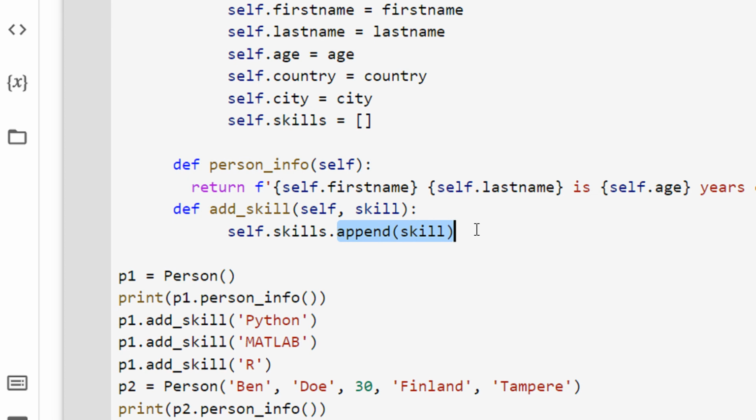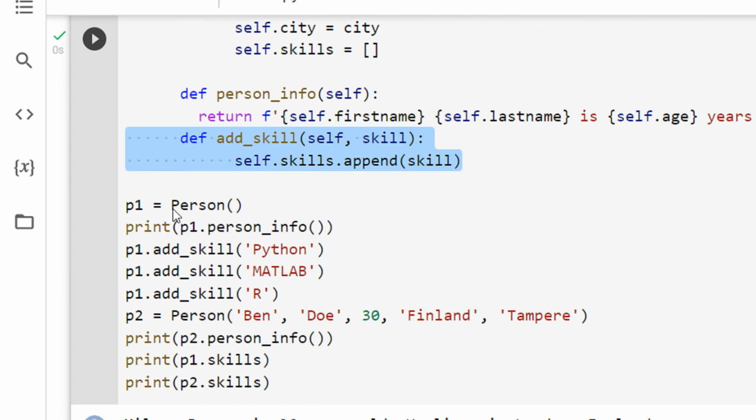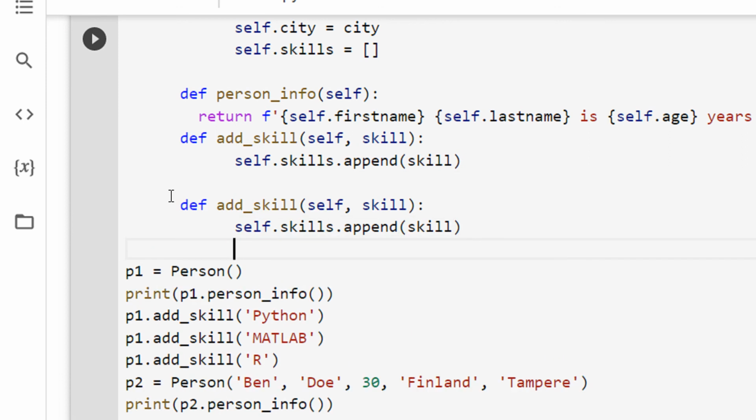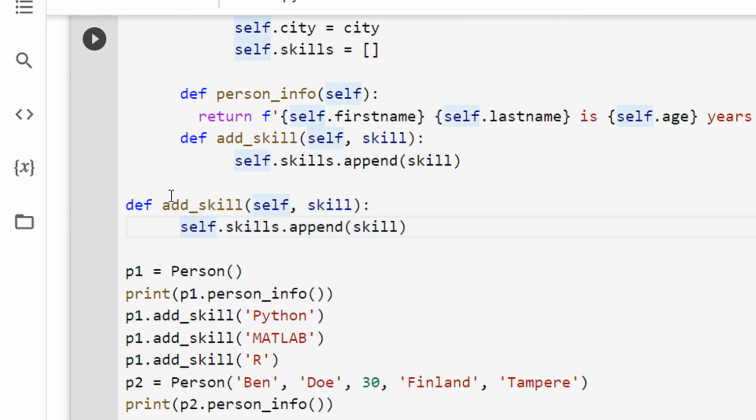Now you can see one important thing about a class: a class variable can also be modified, right? It can be modified directly or it can be modified using a function of that class. So what do I mean by that? For example, I write that definition here. If I add this definition here, it won't actually work.